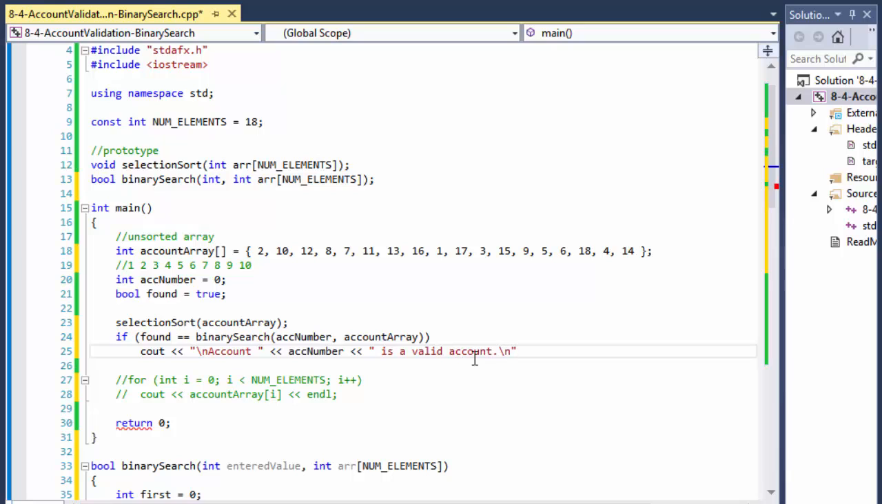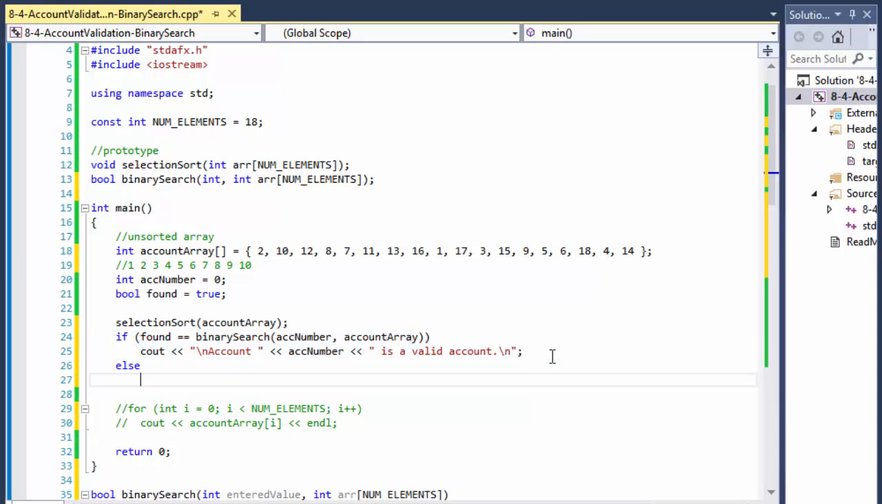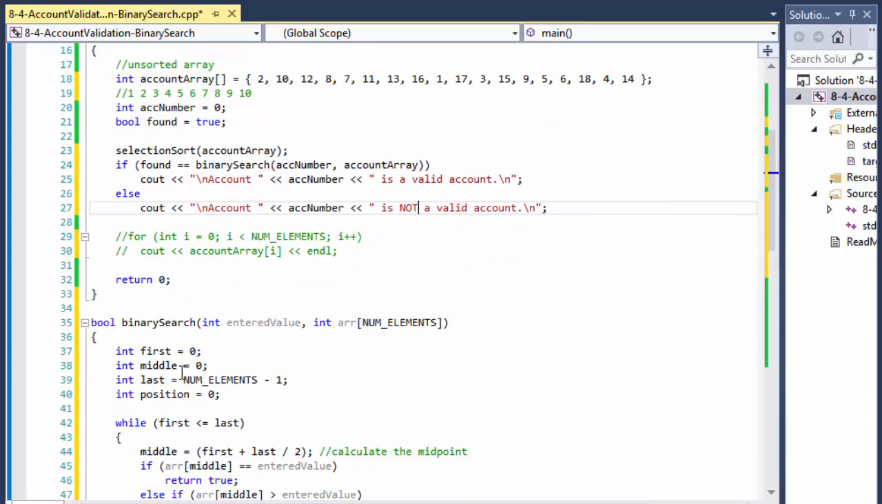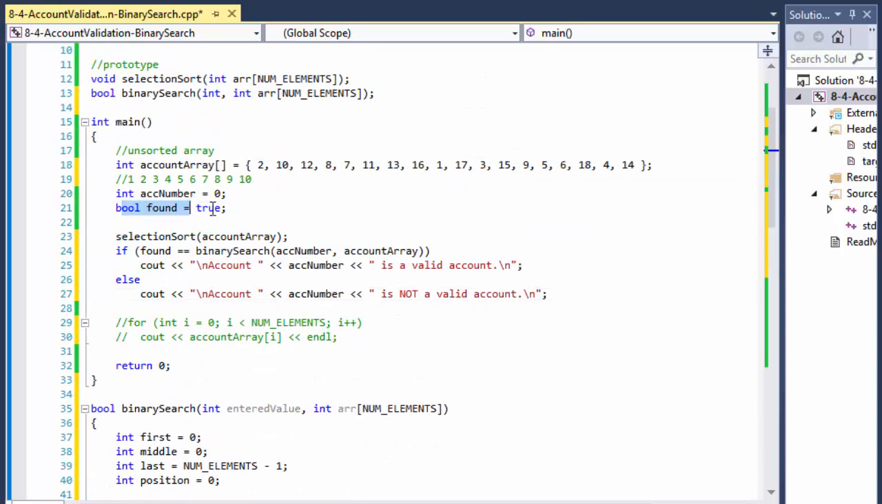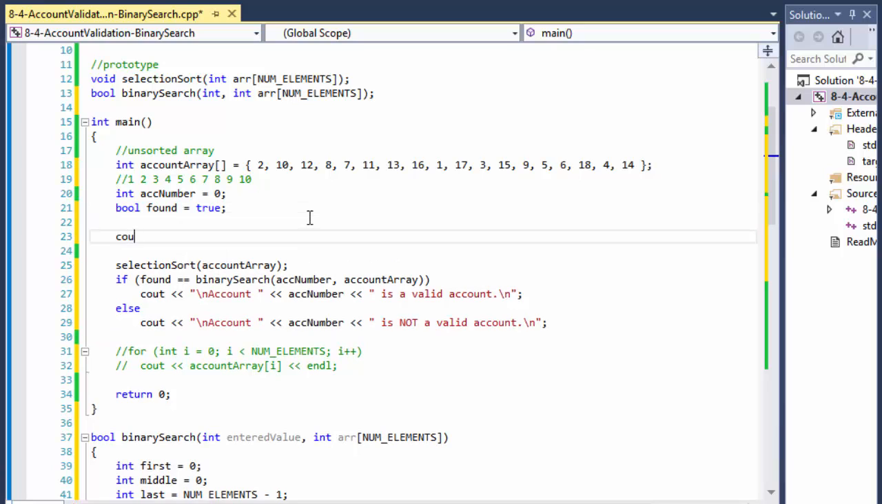And I'm just gonna copy paste the statement, because if it is not, then we will simply do the account number is not a valid account. Remember, our binary search returns true or false. Since found is set to true, we're basically checking whether true equals true. And if it is, then obviously we found a valid account, otherwise we didn't find the account. But like I said, we need the input itself, so we will do cout first over here,